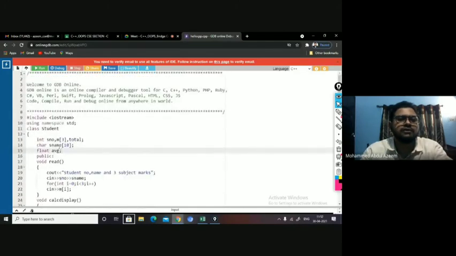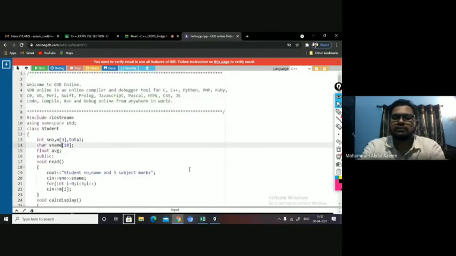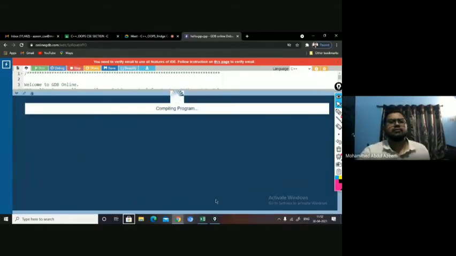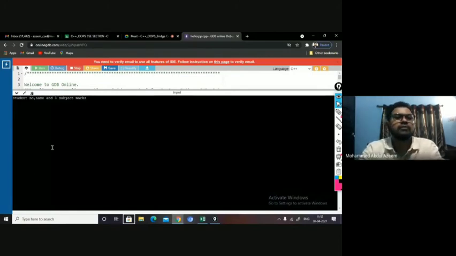I can take this as a pointer also and see. Okay, 75 is the roll number. Now the name I am giving can be of any length, because it's a pointer. I can give any big length name here.